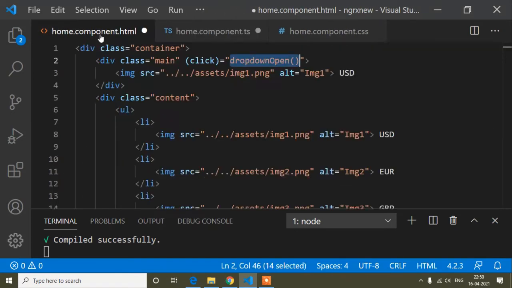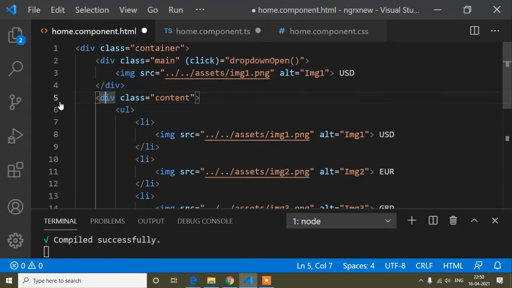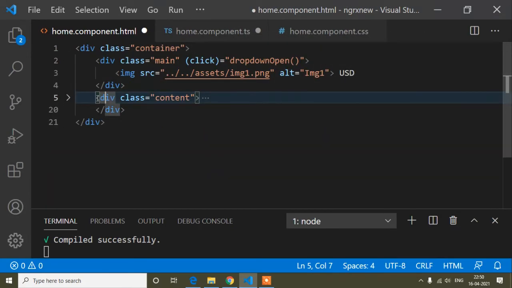And now here this content class will be shown and hidden. For that, guys, I want to show one thing: in JavaScript we write style.display equals block, style.display equals none. This way we show and hide, and in jQuery there is the simple toggle class we can use to show and hide. Otherwise we can write dot show parenthesis, dot hide parenthesis.